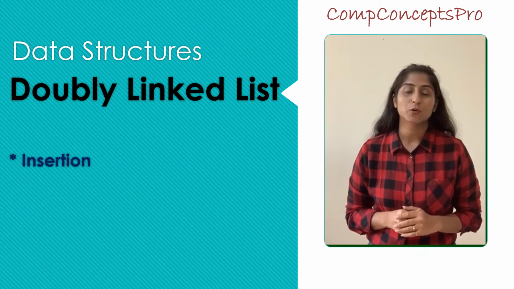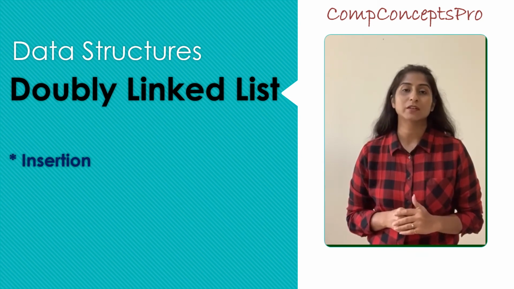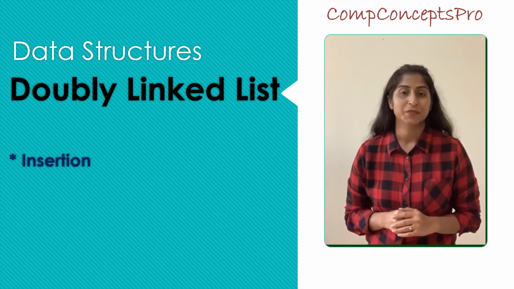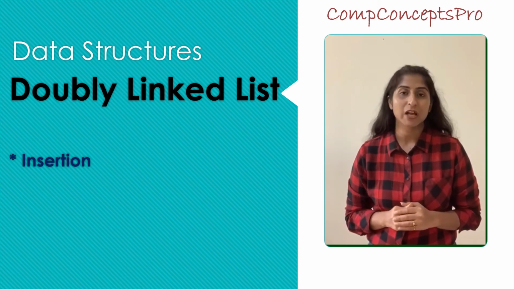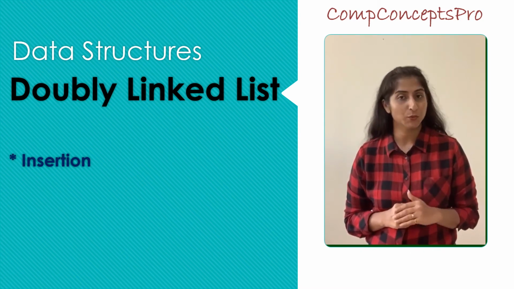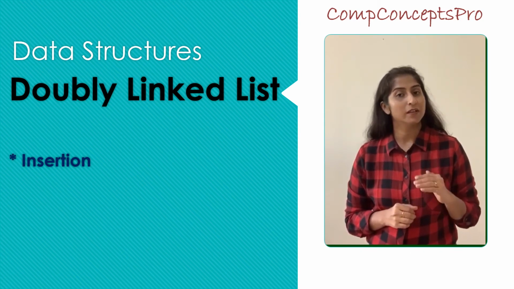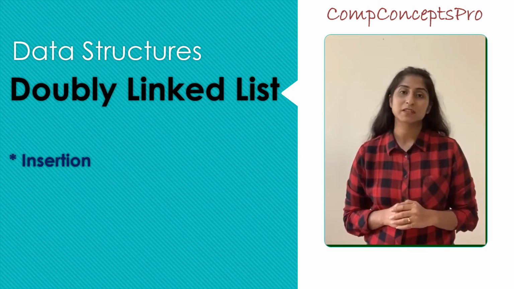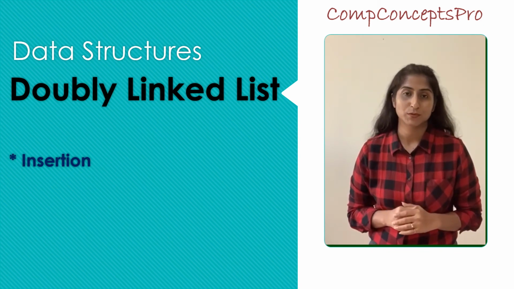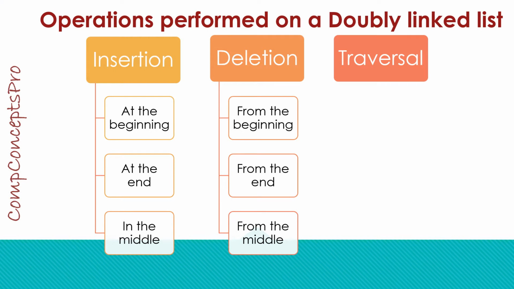In this video, we are going to learn how we can insert a new node in a doubly linked list. In case of singly linked list, we had seen three ways of inserting a new node. Likewise, here in doubly linked list also we will see those three ways to insert a new node. So we are gonna see insertion at the beginning of the linked list, end of the linked list, and at a particular position.